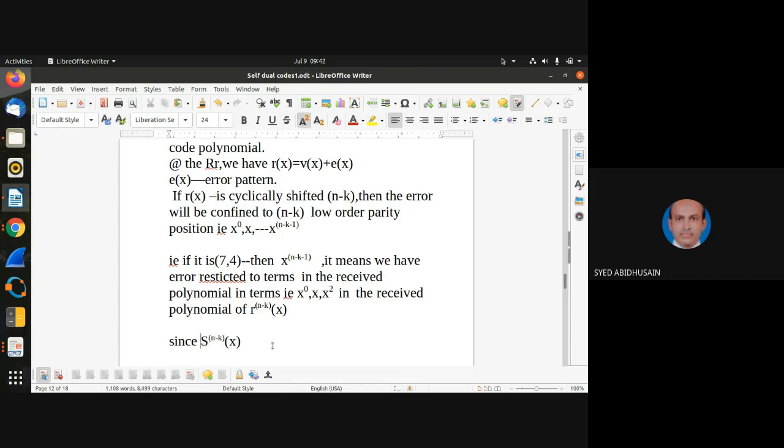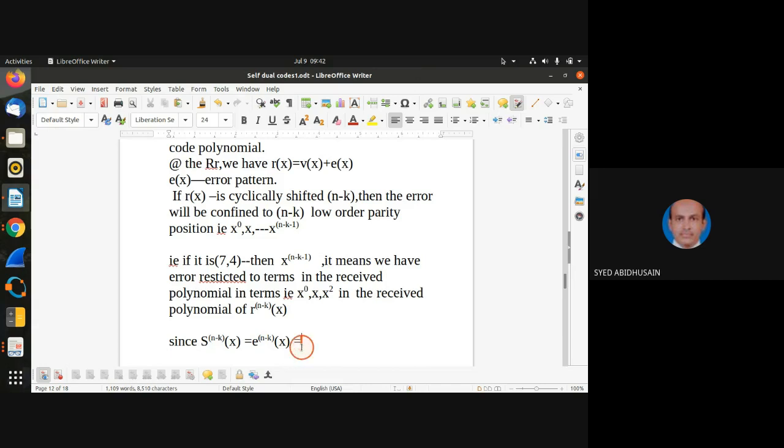You just cancel it. Since syndrome is E of x, and this raised to n minus k, e raised to n minus k of x,